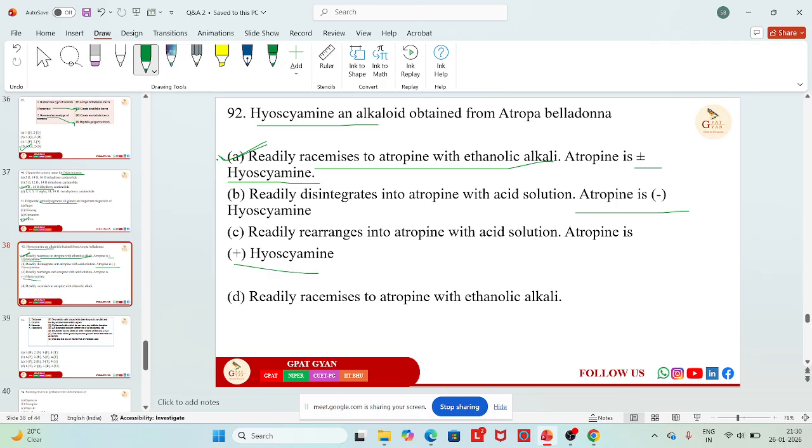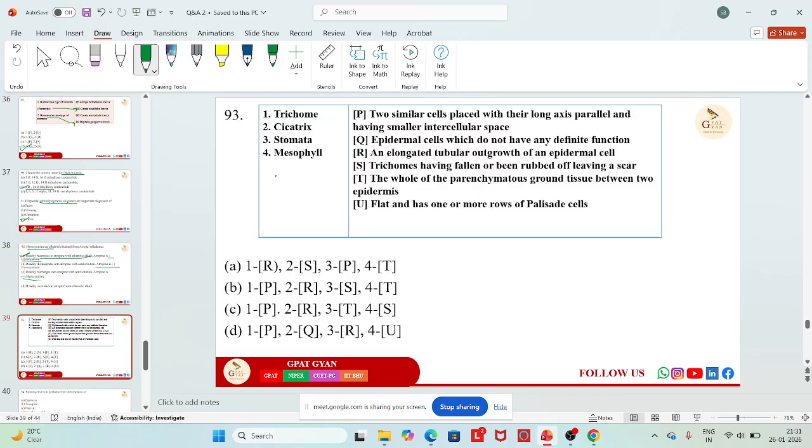So when GPAT and GATE were collectively organized by AICTE, this kind of question appeared, like MSQ, multiple select questions. So this can be one MSQ actually. A and D will be the correct options. Or if only one is to be correct, then it is the mostly correct one. That will be option A. Okay, next is the